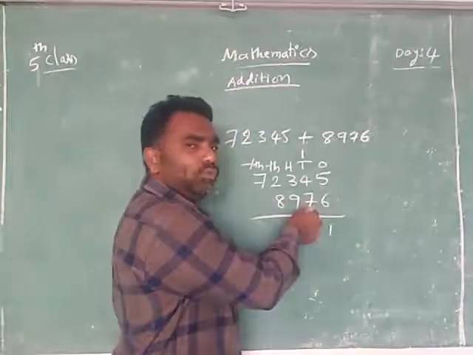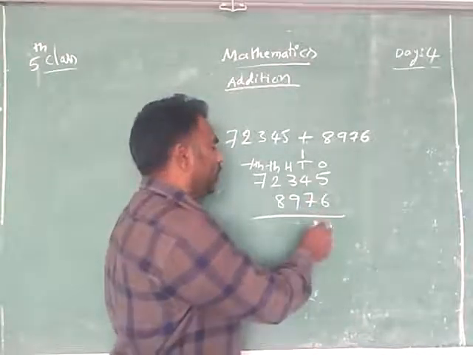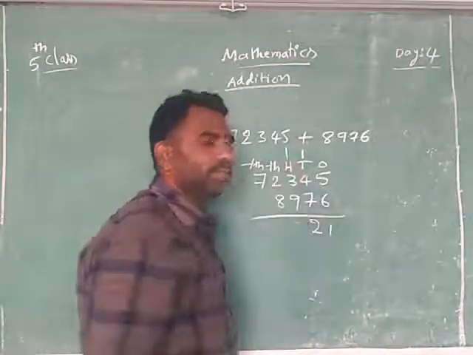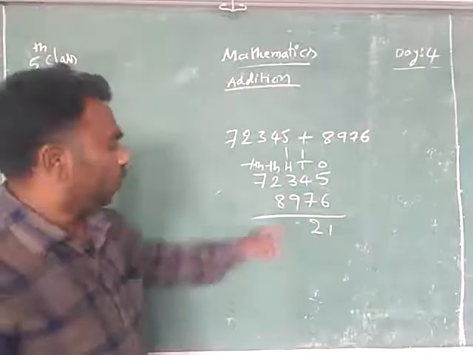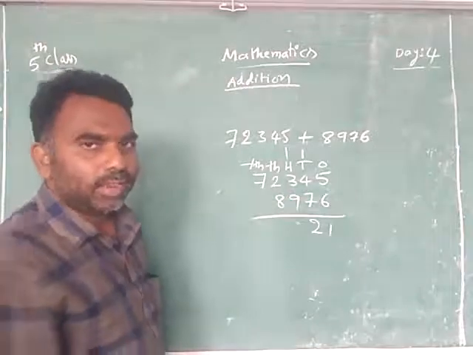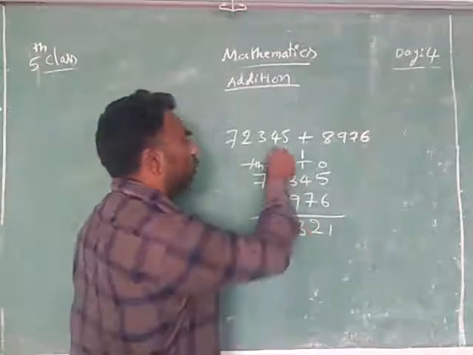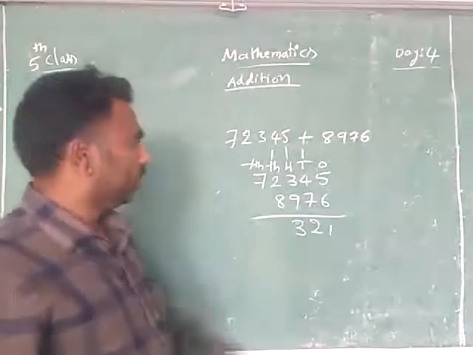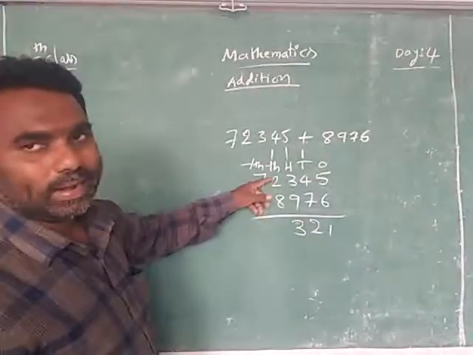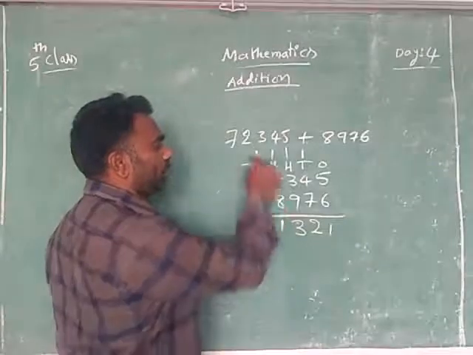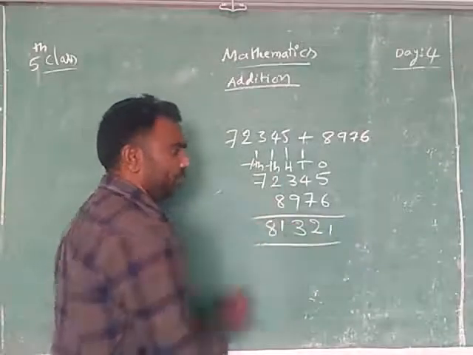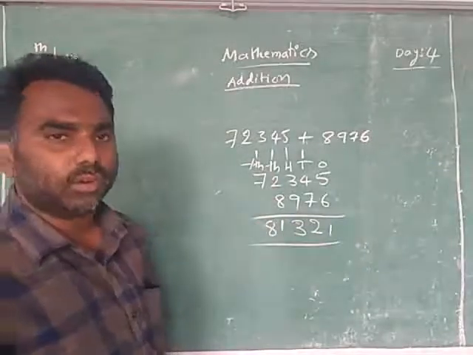Are you understanding? 4, 1, 5. From here if you take 5, 5 and 10. And here how many left? 2 left. 10 and 2, 12. 12 is 2 here, 1 carry for another level. 1 plus 3, 4. 4 plus 9, 13. Means 3 here, 1 is carry for another level. 8 plus 2, 10. 10 plus 1, 11. Means 1 carry, 1 here. 7 and 1, 8. This is the way of addition.